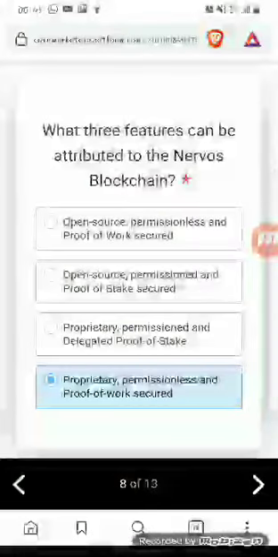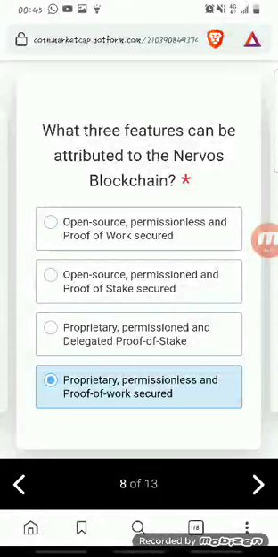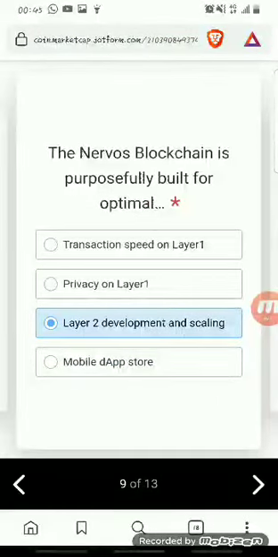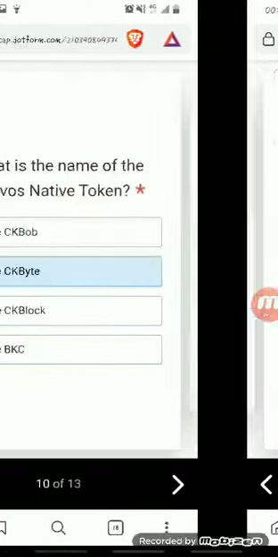The next page will ask you what three features can be attributed to the Nervos blockchain. Then you select this, you click on next, and the next question will ask what the Nervos blockchain was purposely built for, which is layer 2 development and scaling. So that's the answer. You click on this and you click on next.